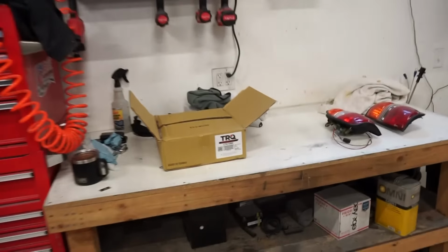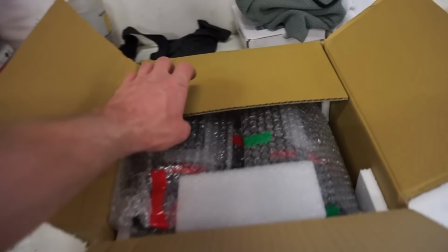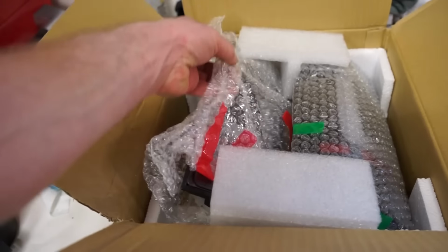So I picked up a new set of taillights actually. Not a huge fan of these like bubble looking ones. I think they're pretty ugly. So I picked up these. These are